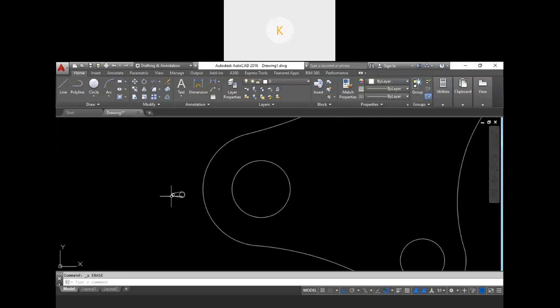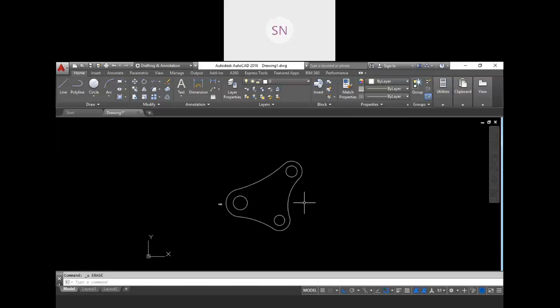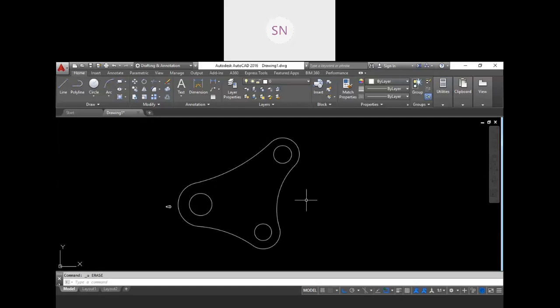Sorry, I don't get you. We have to erase some portion, no, sir. Now you are erasing a full circle. Aha. For some portion we are using the trim command, right? We will discuss this trim command. I will show you that trim command in detail in today's class. Okay, sir.